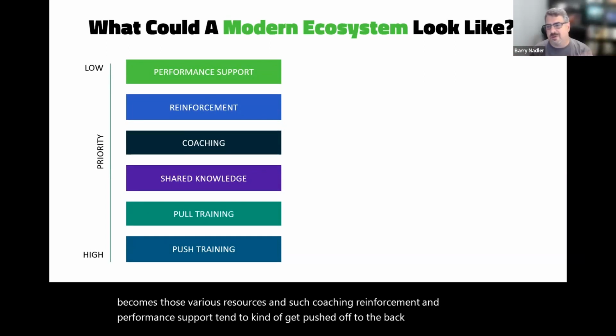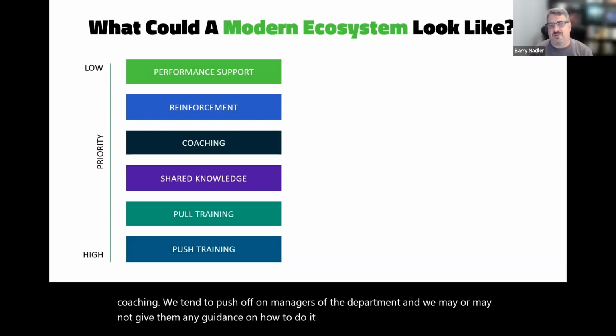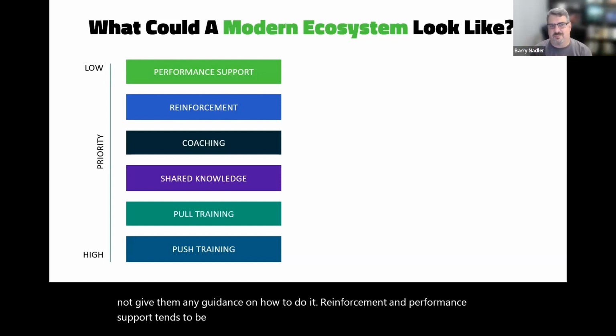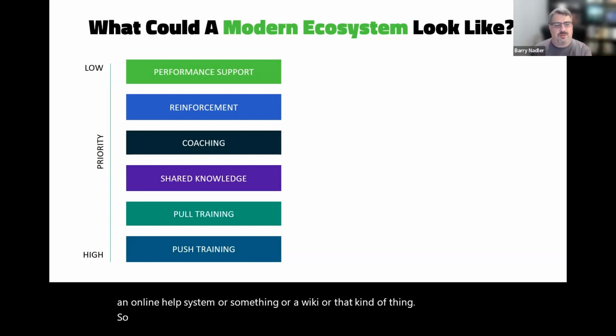And like coaching, we tend to push off on managers of the department, and we may or may not give them any guidance on how to do it. Reinforcement and performance support tends to be systems driven. Performance support might be like an online help system or something, or a wiki or that kind of thing. So now,